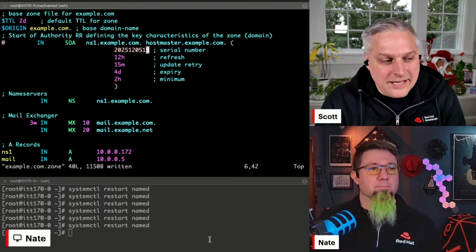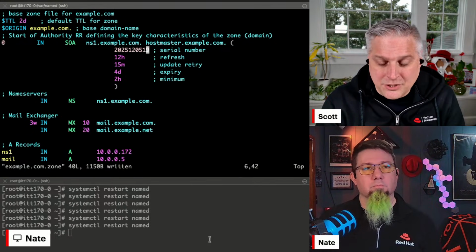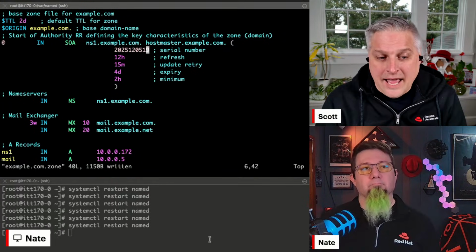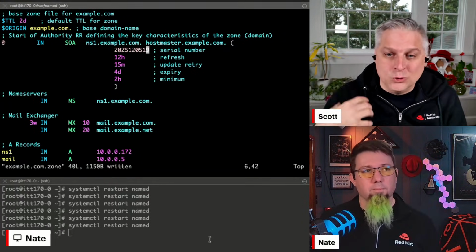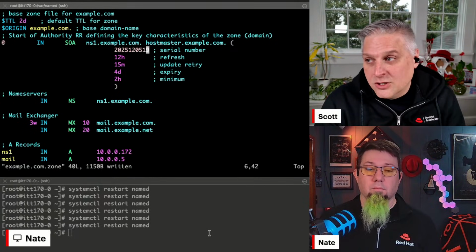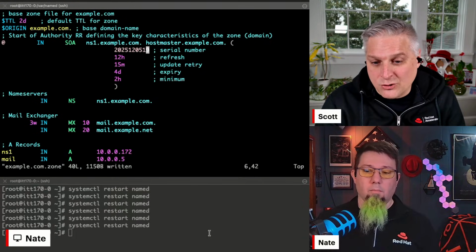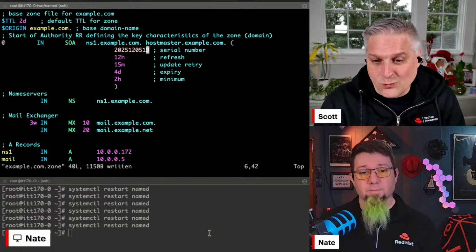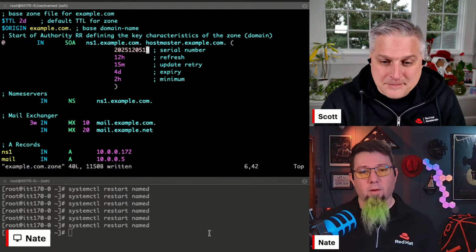All right. And for those of you who haven't seen image mode or bootc before, it's managing your operating system as an image, like an appliance, where you pull down a whole new one and then boot into it. Although for RHEL 10.1, you don't have to boot into it anymore. As long as you're keeping the same kernel, you can just restart services and it's super fast. Maybe that'll make a showing next week.